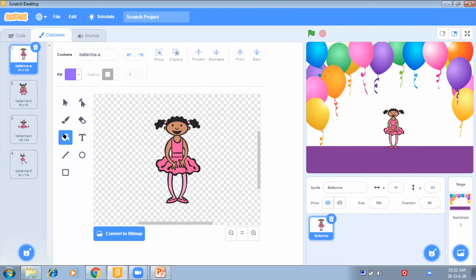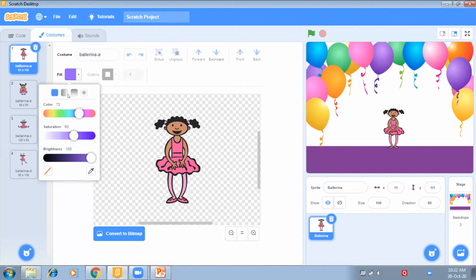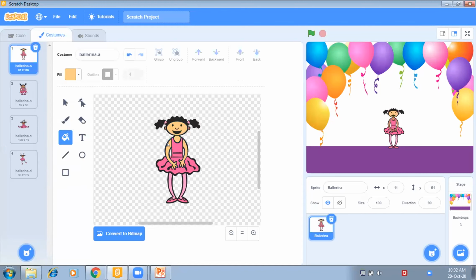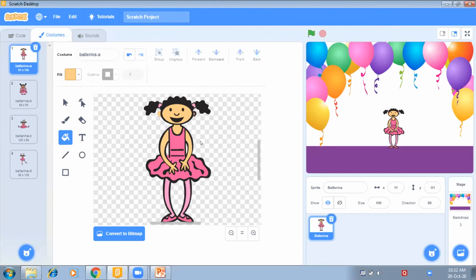So I'll go to this bucket tool and choose the color. If it is difficult for you to select, then you can zoom in on the picture also.